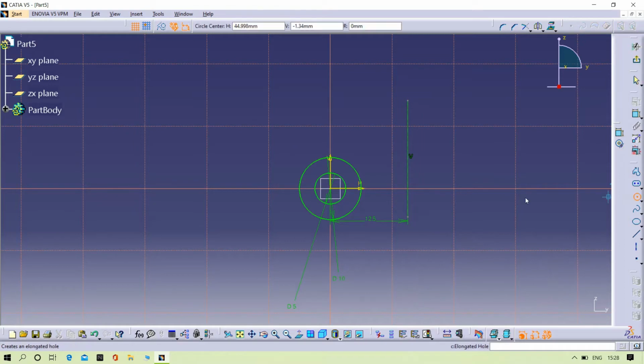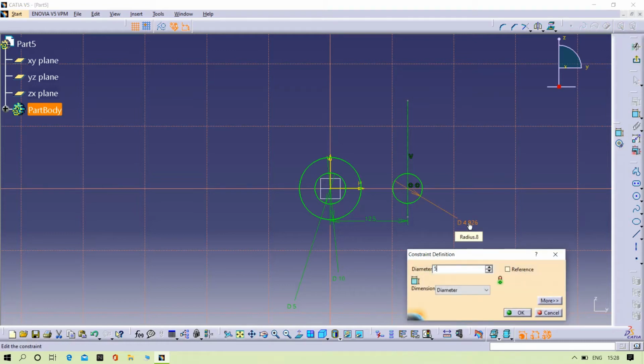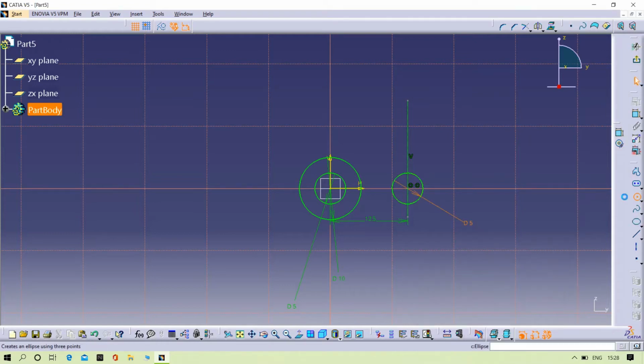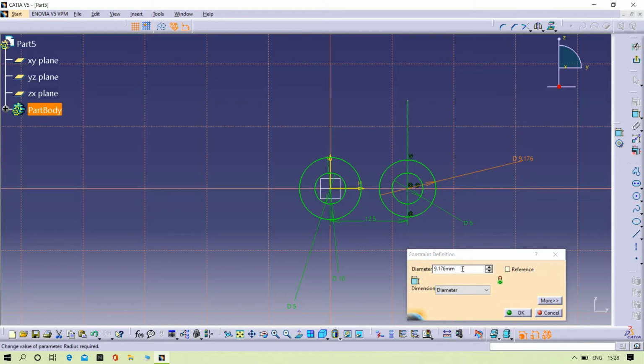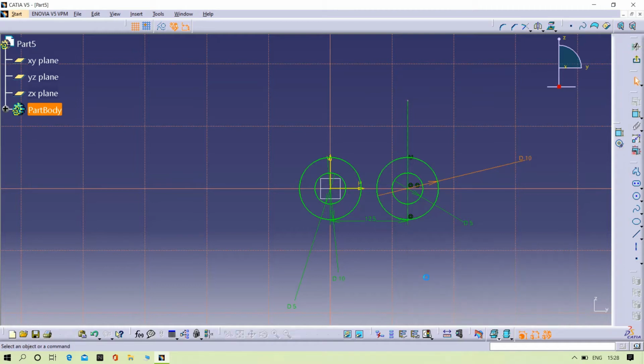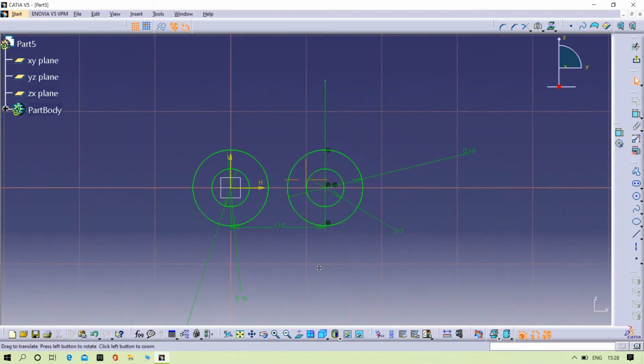Then again try to draw another circle with 5 mm dia and another circle with 10 mm dia.